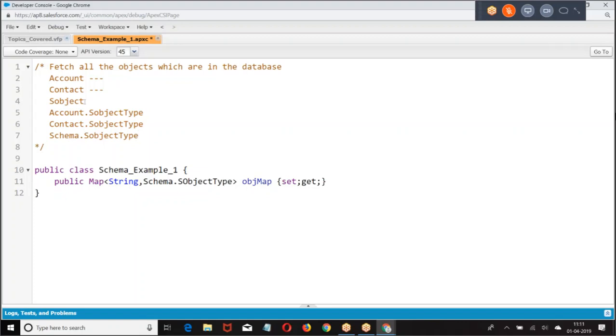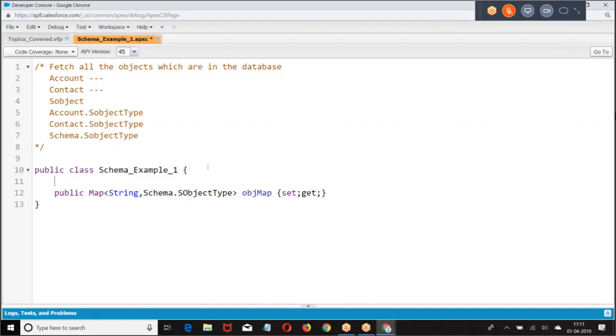If you are not sure whether it's an account or a contact, I'll go with Schema.SObjectType. So here, Map of String comma Schema.SObjectType, where the object name is the key and the object type is the value.